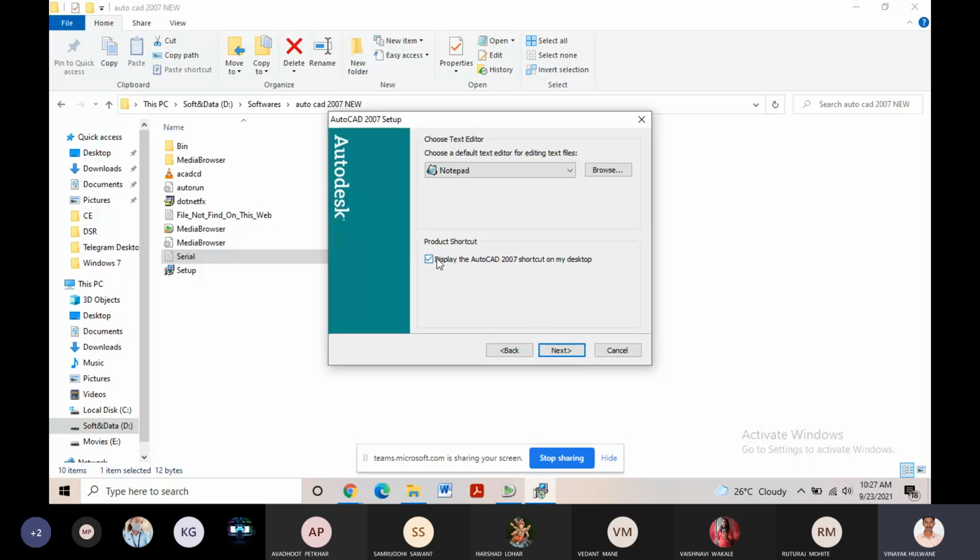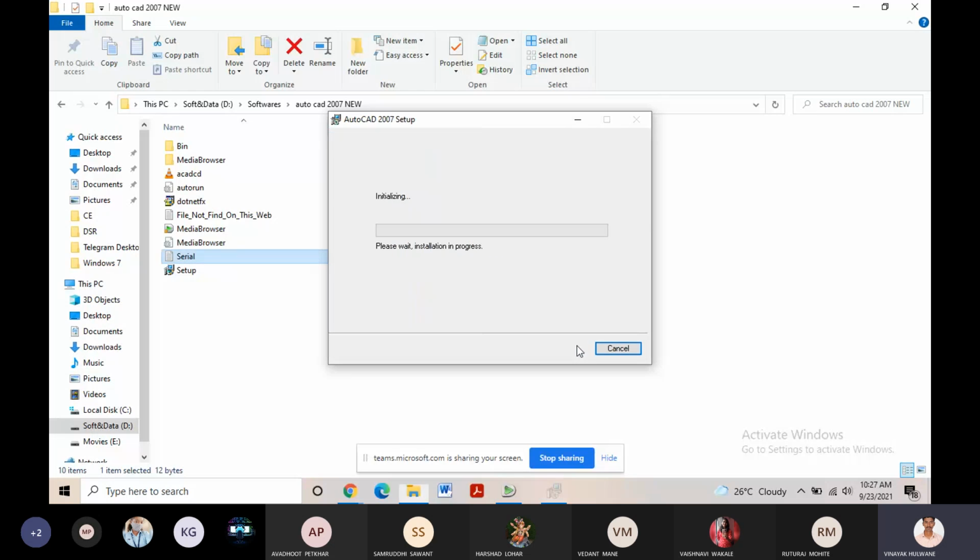Please click on this desktop shortcut and click next. Are you ready to begin the install? By clicking the next button, the installation will start. It will take a very short period.